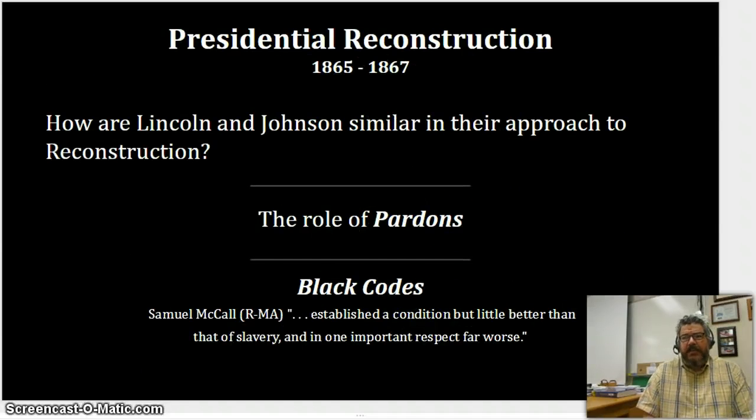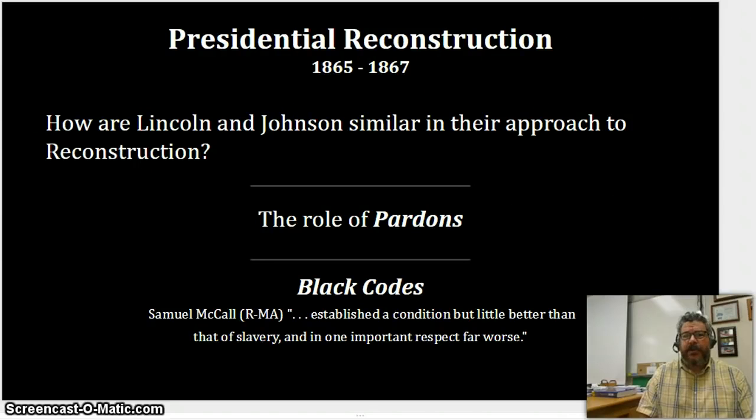So how are Lincoln and Johnson similar in their approach to Reconstruction? Johnson's going to kind of pick up where Lincoln left off. They're similar in that they both see as the primary objective the reestablishment of the Union and the reintegration of the southern states into the Union. And he's going to take off of Lincoln's 10% plan and really beef it up a little bit. In addition to excluding Confederate officials, he's also going to target, as has been his habit throughout his career, rich landowners in the South. And he's going to include them as that group that would be excluded from the process of Reconstruction.